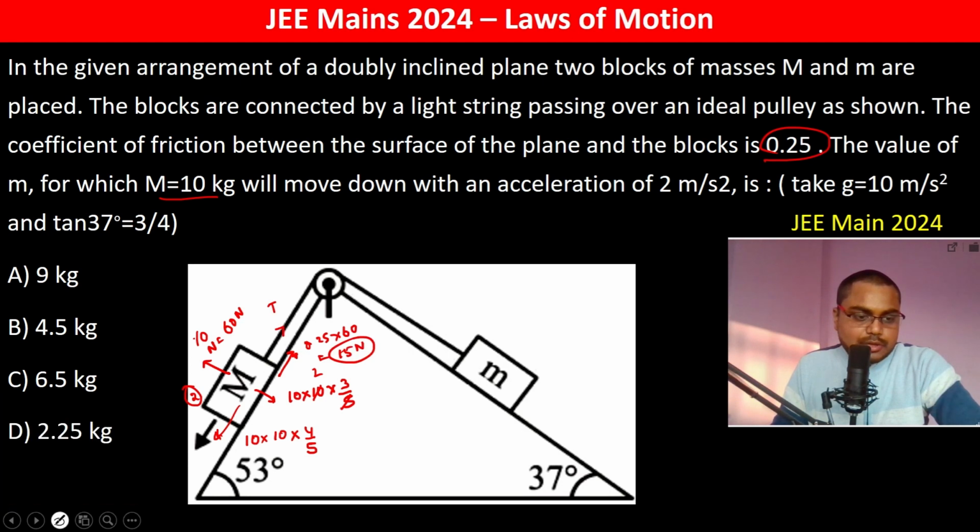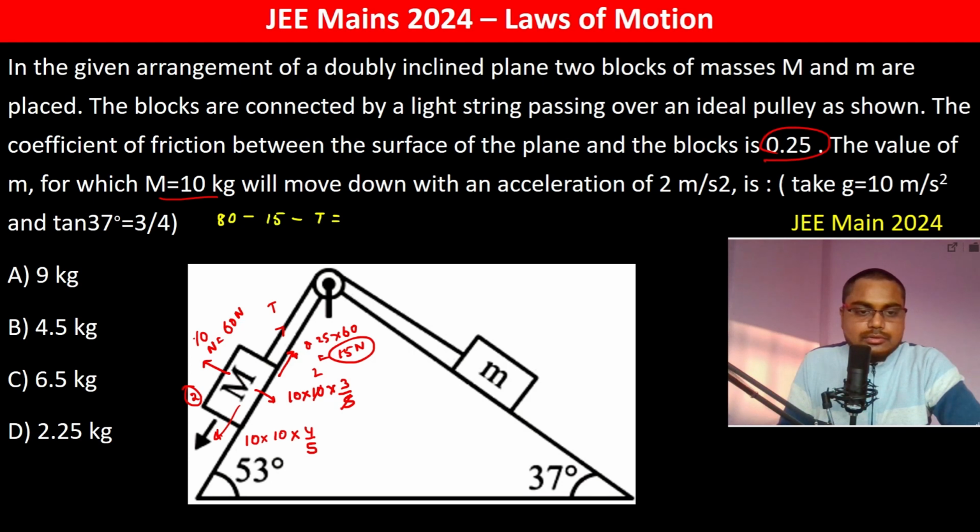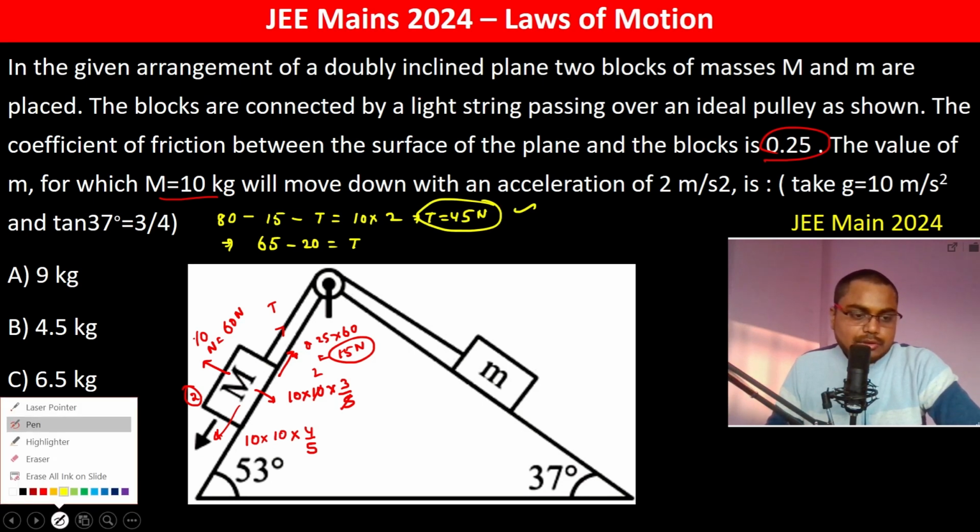तो अगर हम लोग इक्वेशन लिखें तो ऐसा कुछ इक्वेशन आएगा: 10 into 10 into 4/5 is 80 minus 15 minus T is equal to, acceleration is 2, तो m है 10 into 2, so therefore 65 minus 20 is equal to T, so T becomes 45 newtons, ठीक है, 45 न्यूटन हो गया T।